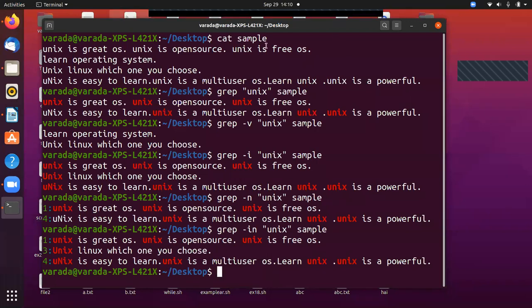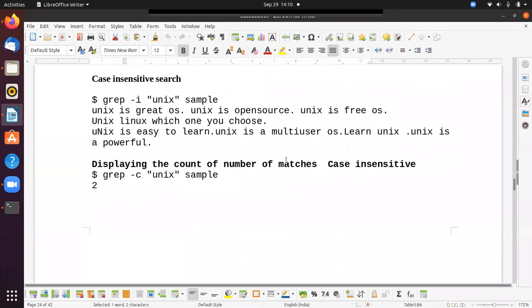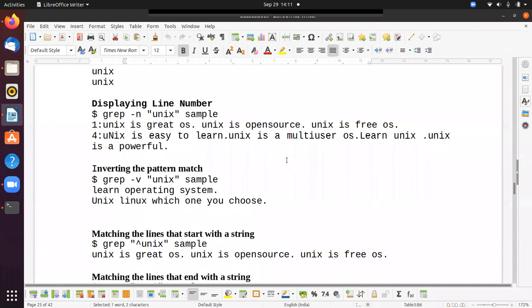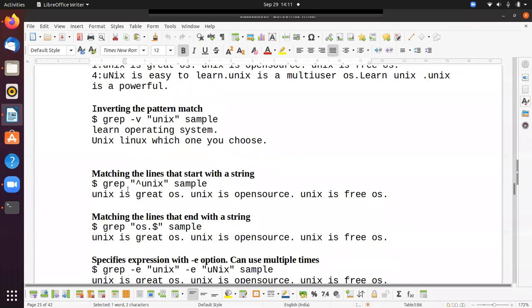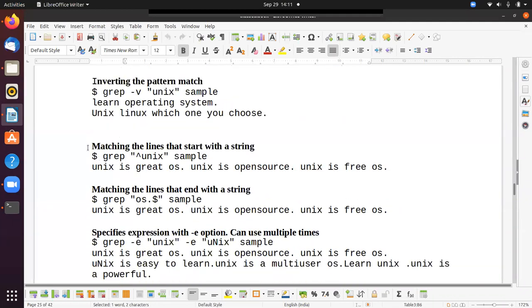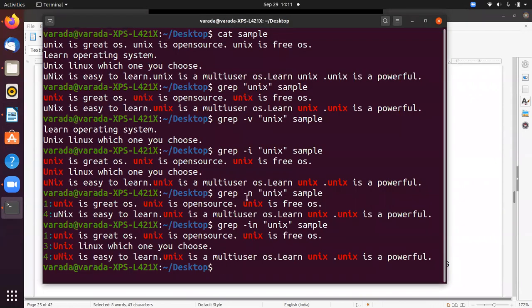Okay, now we are going to discuss the remaining examples. This is matching the lines that start with a string. For example, this is the content in the file sample.